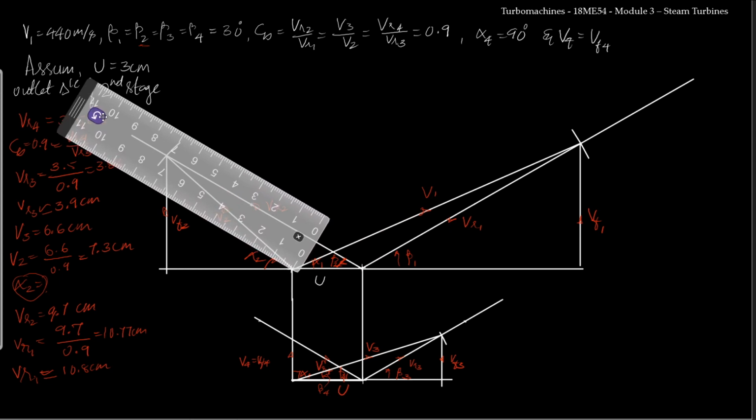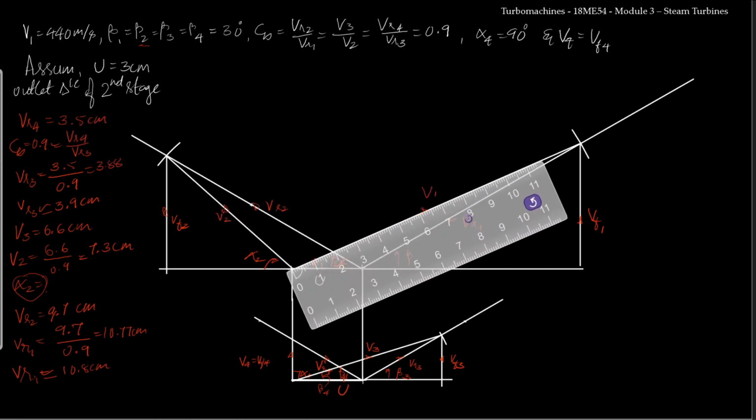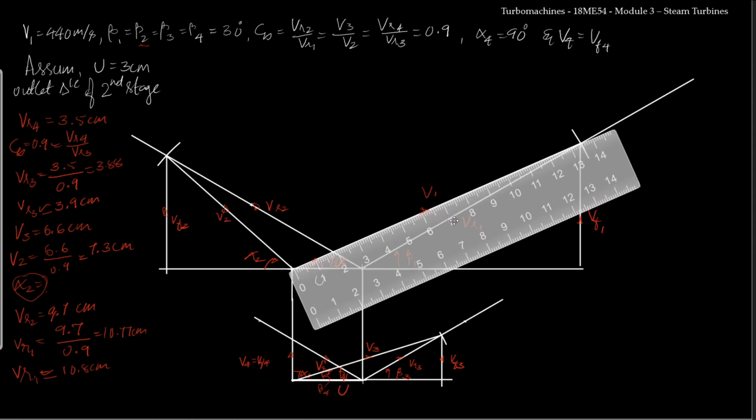So for that, I will place the scale here and I will rotate this to find out the length of V1. I will extend this. We can see that the length of V1 is approximately around 13.5 centimeters. So I will write it here. The length of V1 is around 13.5 centimeter, but the value of V1 is 440 meter per second. So if I divide 440 meter per second by 13.5,